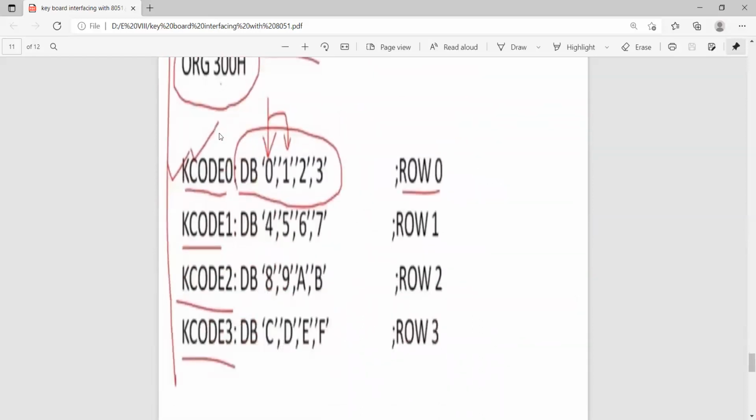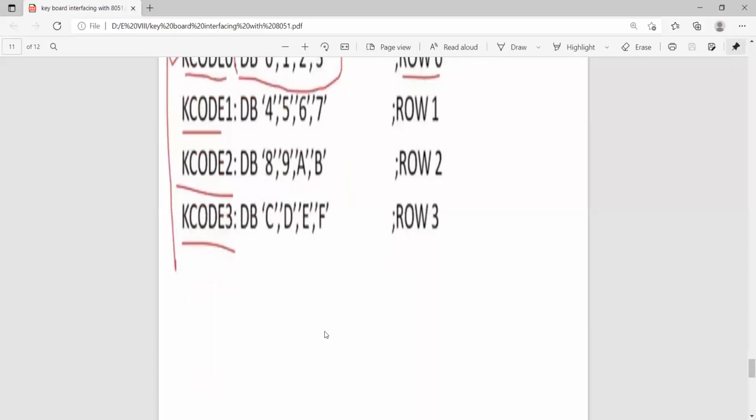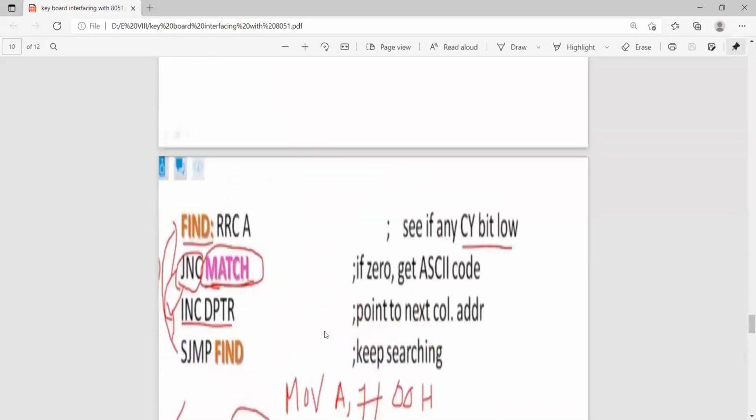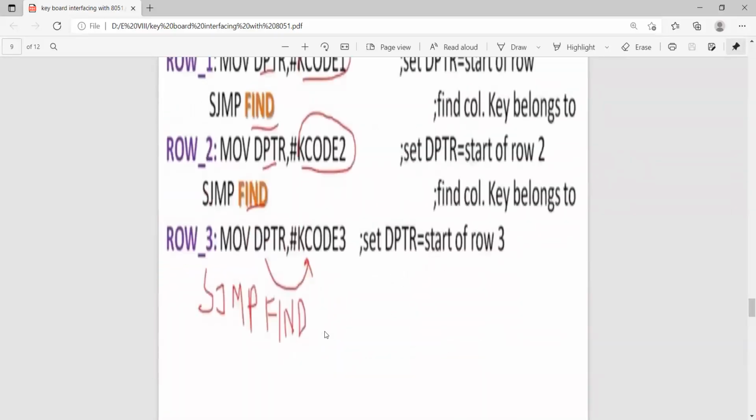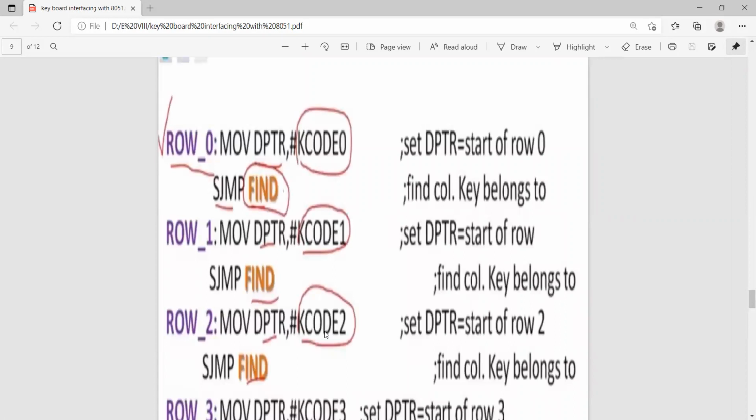These are the codes. That is key code 0. We have the values 0, 1, 2, 3, and key code values 4, 5, 6, 7. So this is the third row. This is the fourth row. Like that we have. So this is the assembly language program.